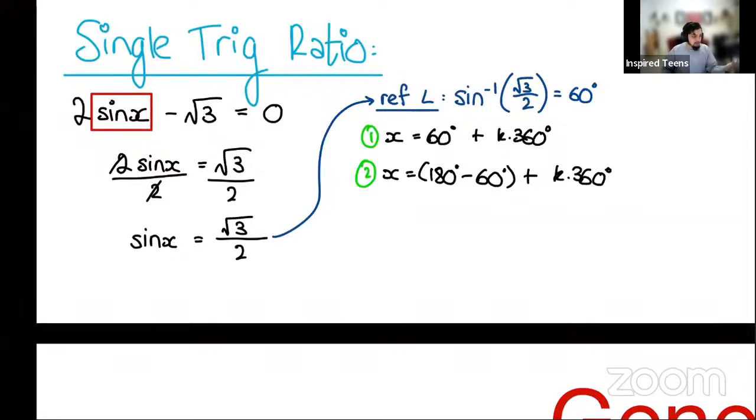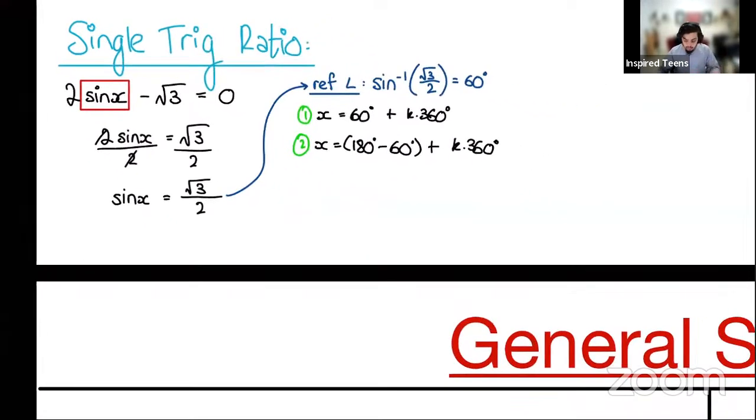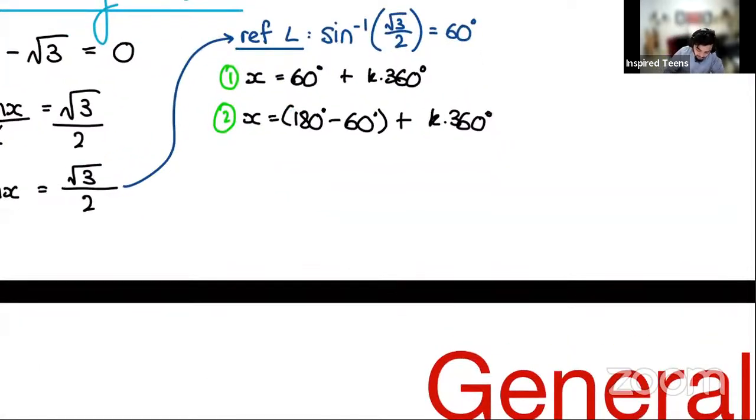Okay, we also then need to simplify our general solution. So we have two, and yes, we need to simplify them. The first one doesn't need to be simplified, so I can simply rewrite it. x is equal to 360 plus k times 360. And then the second one, x is equal to 180 minus 60, that's 120. So I just simplify that to 120 plus k times 360 degrees.